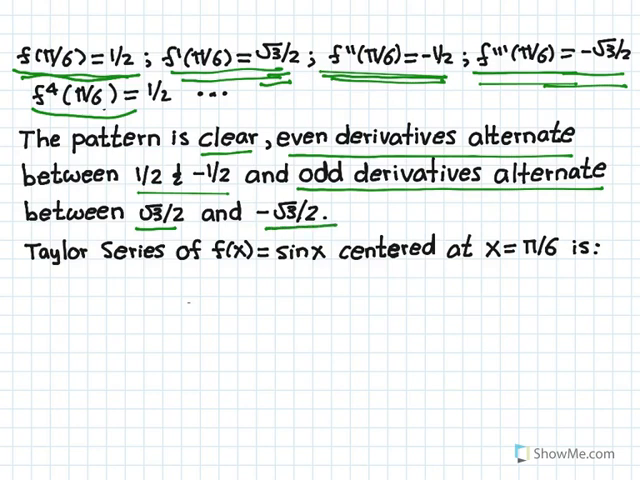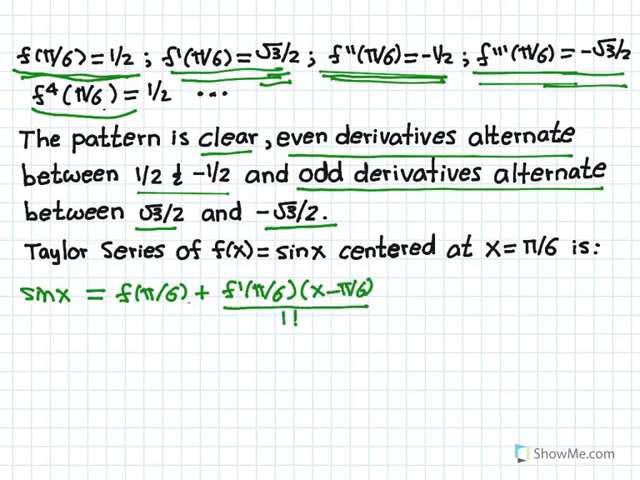So the formula for the Taylor series of any function, so sine x, that's our function, is equal to f of pi over 6 plus f prime of pi over 6, because our center is pi over 6, so we evaluate the function and its derivatives at pi over 6, times x minus pi over 6, divided by 1 factorial, plus f double prime of pi over 6 times x minus pi over 6 all squared, divided by 2 factorial,